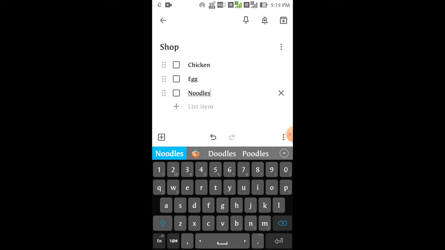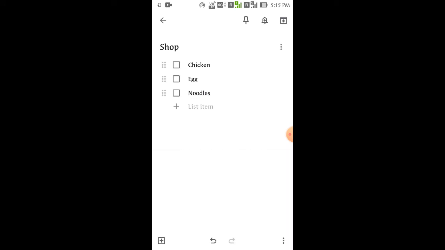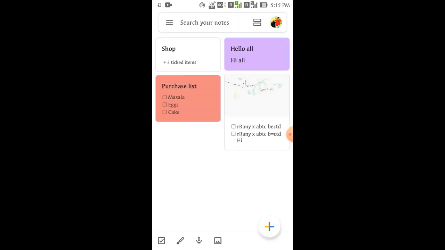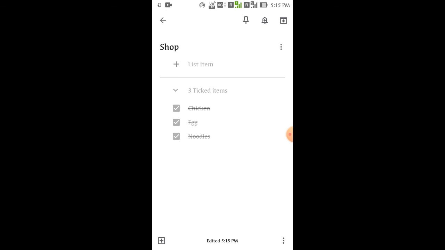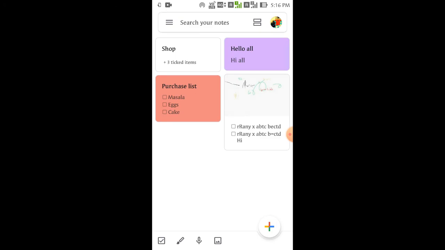And once you are in the shop, then you want to do a checklisting of all these items. Then what you can do is simply click here. If you have bought this, if you have taken this in your bag, then you can click on this. So three ticked items means that you have purchased all these three items. That's it. You can go back, and you can see the saved item over here. If you don't want to miss any items, you can use this checklist. It is very helpful. This application is very fast, and all these things will get synced automatically into your drive,